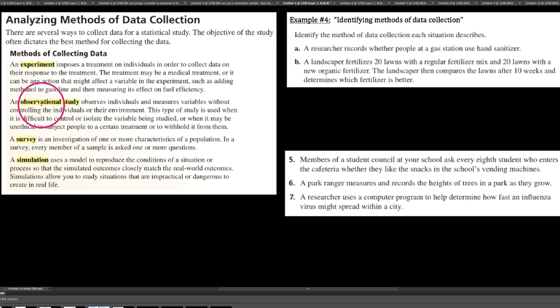There are four primary methods that, statistically speaking, people use in terms of collecting data. We're going to talk about all four of these, starting with the pinnacle of all, I guess, experimental studies. This is the one that's called experimental. Excuse me, we say an experiment. This method of collecting data basically imposes a treatment on individuals in order to collect data. So basically, what I want you to see is that the researcher